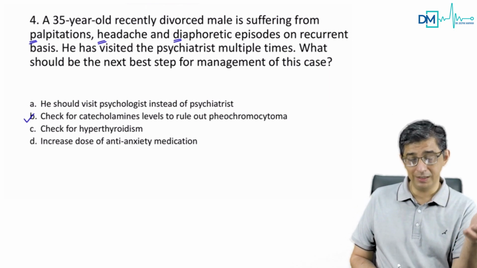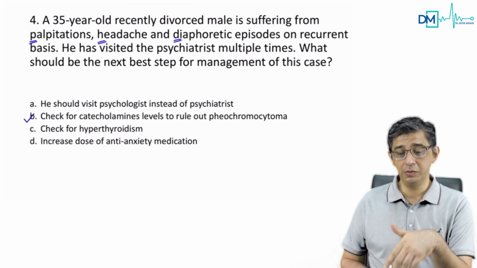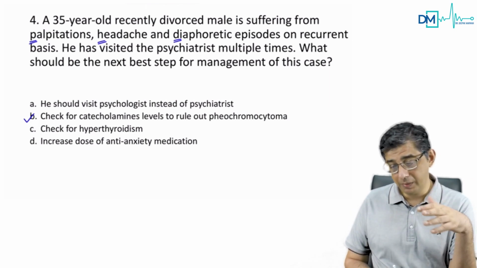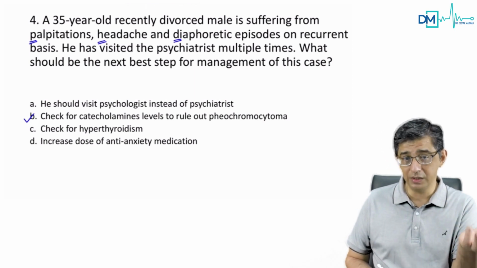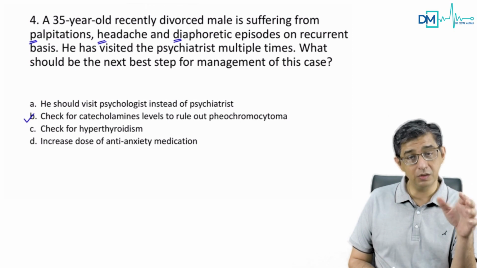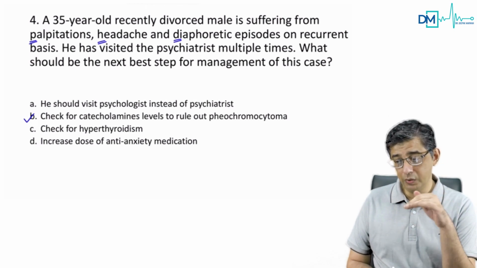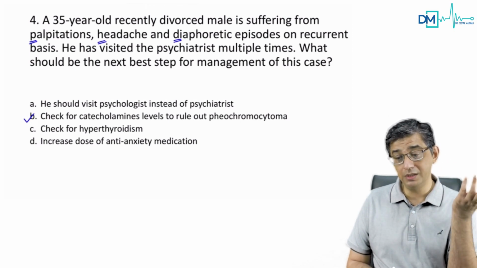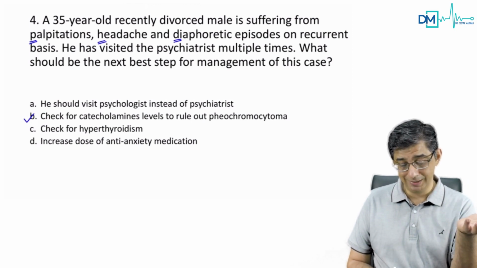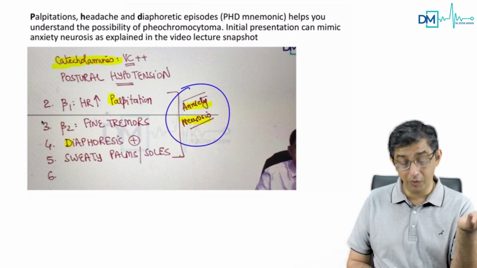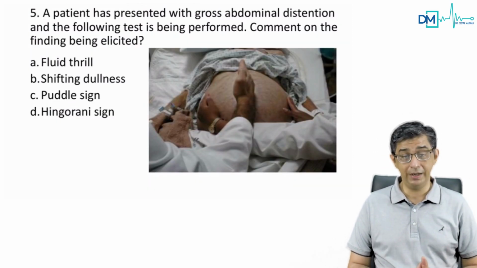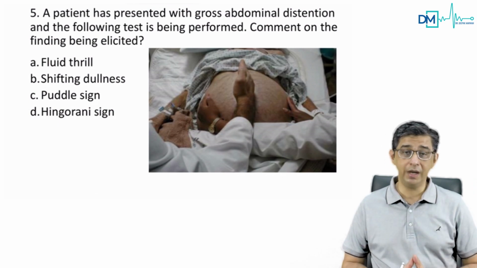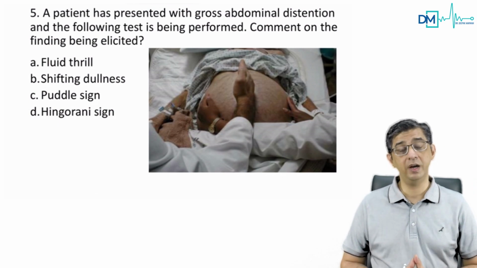You see, the detailed discussion of these MCQs would be in the main section in the app. Here, I'm just trying to give you the answers so that at least you can calculate your final scores. So the answer to this question would be based on pheochromocytoma, which is a great masquerader. I mean, this disease can mimic anxiety neurosis. Lots of time, even qualified doctors may make a mistake and misdiagnose pheochromocytoma as anxiety, and then suddenly, boom! This guy has a brain hemorrhage because of the hypertensive crisis.